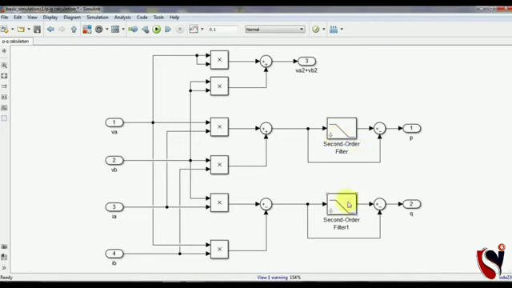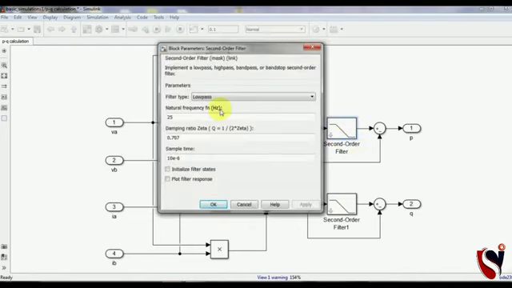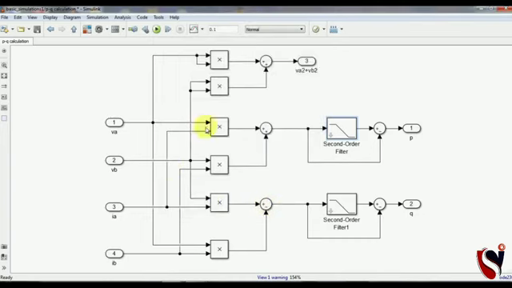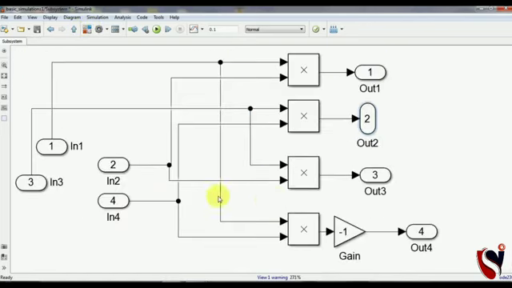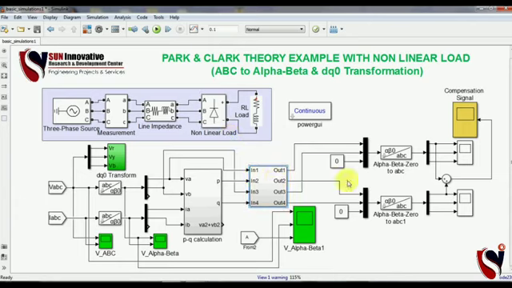I am going to show you how it is made. This is the filter, a second order filter. You can use these values here, frequency and damping ratio, and you can manage these blocks from the Simulink browser. Coming to the next point, that is the inverse PQ transformation, and it goes to the mux. These two are called mux, and this is alpha, beta and a 0, and for the current also alpha, beta and a 0 component, which is going to connect